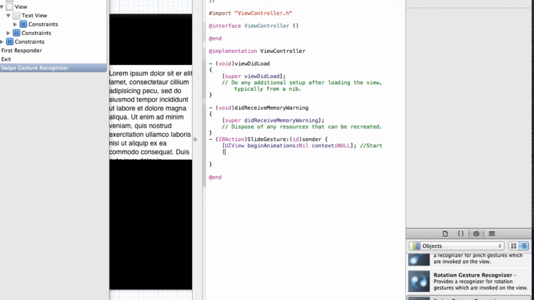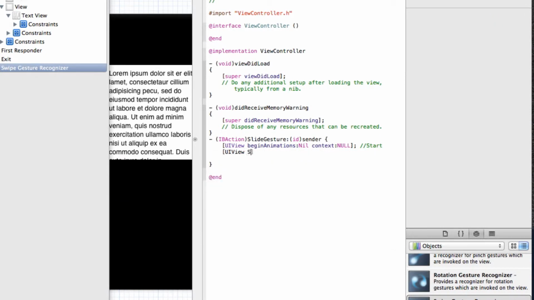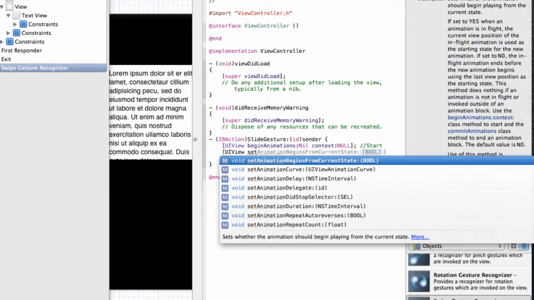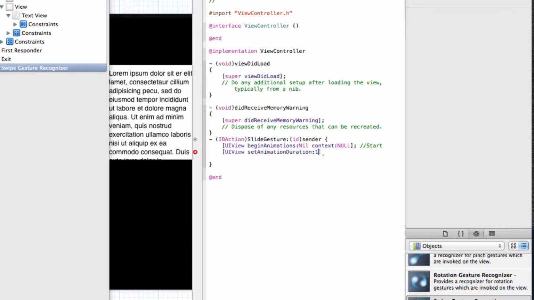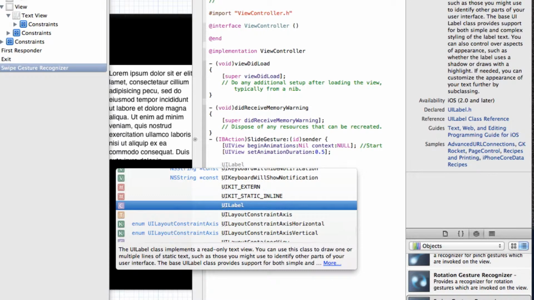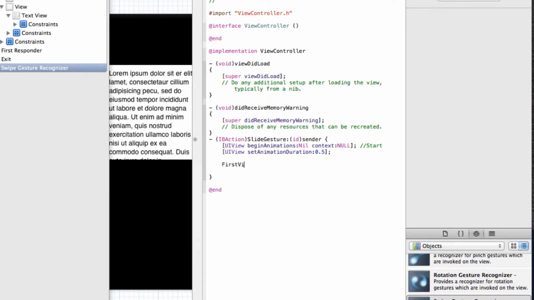And let's have another one, UIView setAnimationDuration. So this is the part where you want the duration of your view or your animation. So for this one, let's have it for 0.5 seconds. Let's call this the FirstView.frame